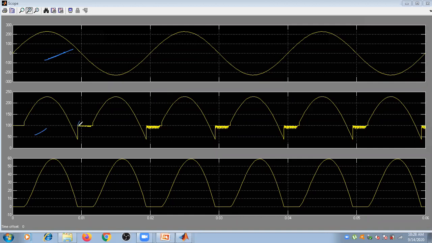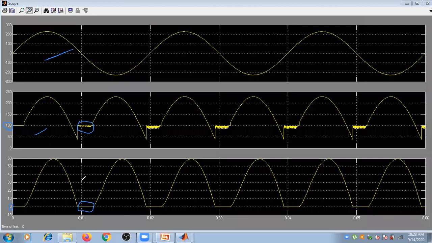You can observe here a value where the output voltage is at 100 volts. Okay, so this is 100 volts because the back EMF is 100 volts. This is happening because of a discontinuous mode of operation. You can see this is the current waveform, the output load current. You can observe it is at 0 amperes for a while because it is discontinuous operation.